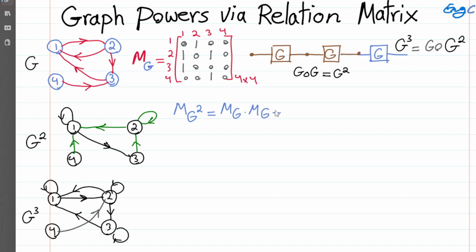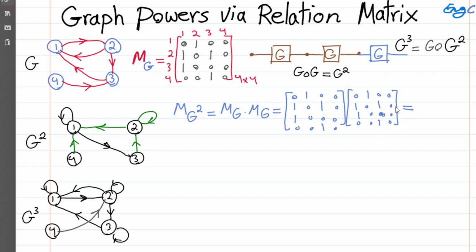So M of G, in that case, will be this matrix 0, 1, 0, 0, 1, 0, 1, 0, 1, 0, 0, 0, and finally 0, 0, 1, 0, multiplied by itself. So 0, 1, 0, 0, 1, 0, 1, 0, 1, 0, 0, 0, and finally 0, 0, 1, 0. Okay, that's a simple matrix multiplication. So the outcome is equal to, using a different color,